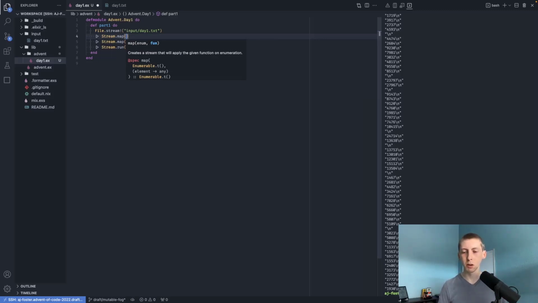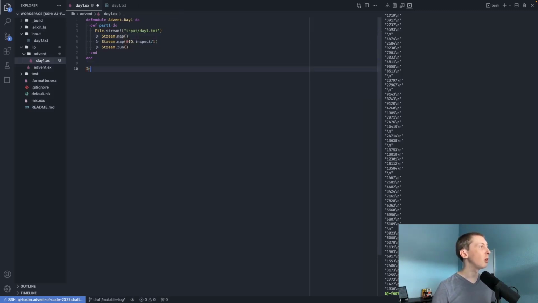So in the back of my mind, I know that there's Integer.parse. There's also a String.to_integer. We're interested in whichever one doesn't throw an error if there's no integers present. Because remember, we have these new lines in the middle, these blank lines that divide up the different elves and their collections of food. So let's take a moment. I'm just going to jump down here to the bottom and take a look at Integer.parse